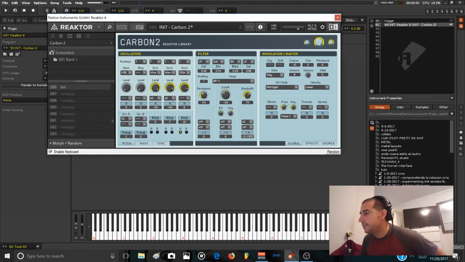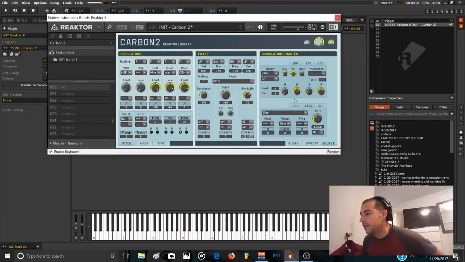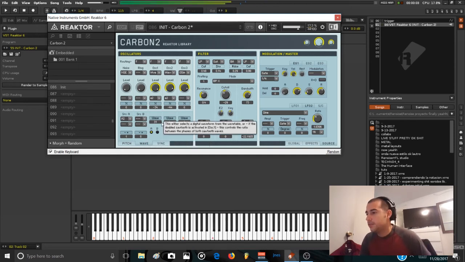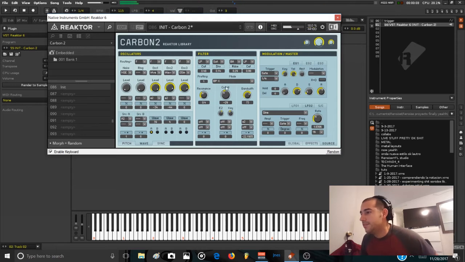And here in the global section you have global controls like the overall pitch of the scene. You can set the polyphony to be polyphonic or monophonic, or legato, some unison modes, vibrato, all this stuff. And the sources are the modulation sources. You have to control this thing. And when you choose the wave oscillator, it's a wavetable oscillator, and by going here in this subtab called wave, you can scroll to different types of waves. There's not much difference right now. So this is Carbon 2. I really like this thing,